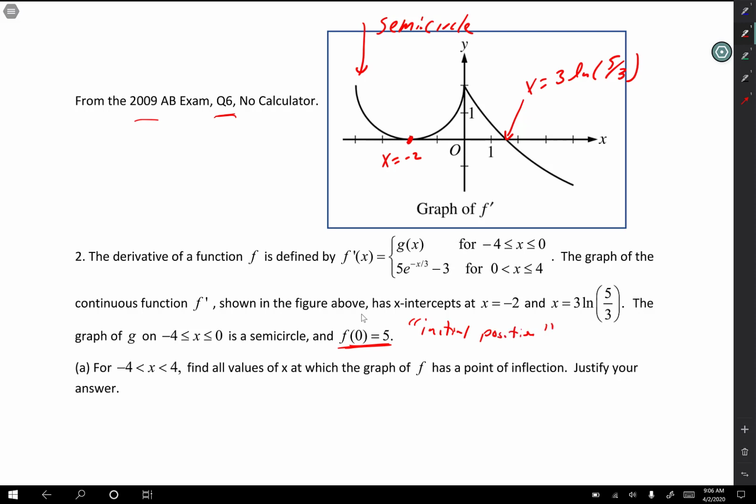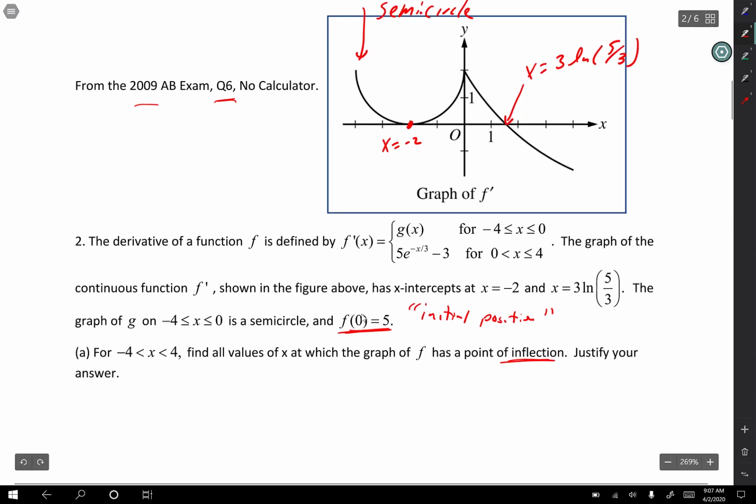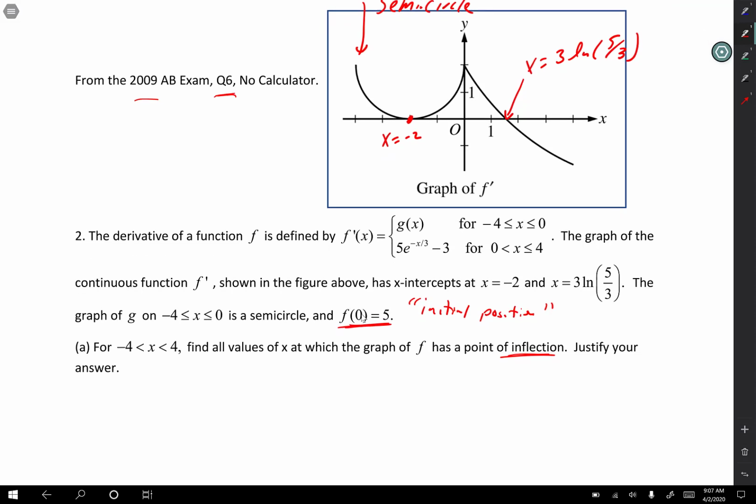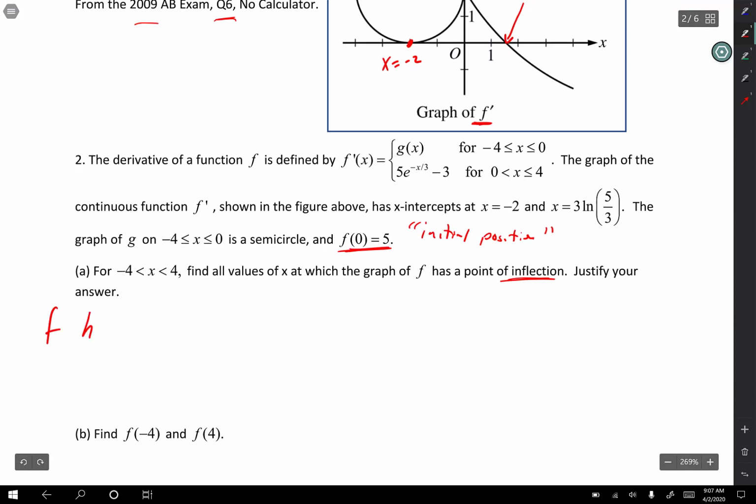Between negative 4 and 4, find all values of x at which the graph of f has a point of inflection. Oh, okay, they're making it easy for me, guys. Justify your answer. Just like before, I have a point of inflection when the second derivative changes signs. They don't have the second derivative, I have f prime. So I'm literally just looking for where this graph changes from increasing to decreasing or vice versa. So I see that I change from decreasing to increasing at negative 2, and then I change one more time at 0. And that's it. After that, that's it. So I'm going to write f has a point of inflection